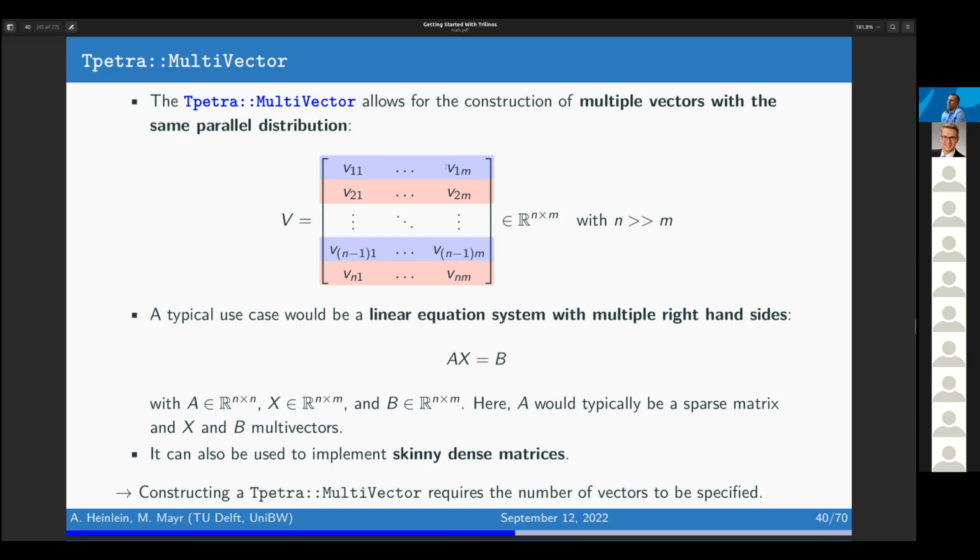So you can basically see it as a matrix, and each row of this matrix is parallel distributed, but you don't want to use that to store any matrix, for example, in finite elements, because this is of course a dense matrix, right? Because each row of this is a vector, you don't have any sparsity. Every element of this matrix is stored, and there are a couple of reasons why you would want to store something like that. Either you really have a skinny dense matrix, maybe a very tall skinny matrix, or